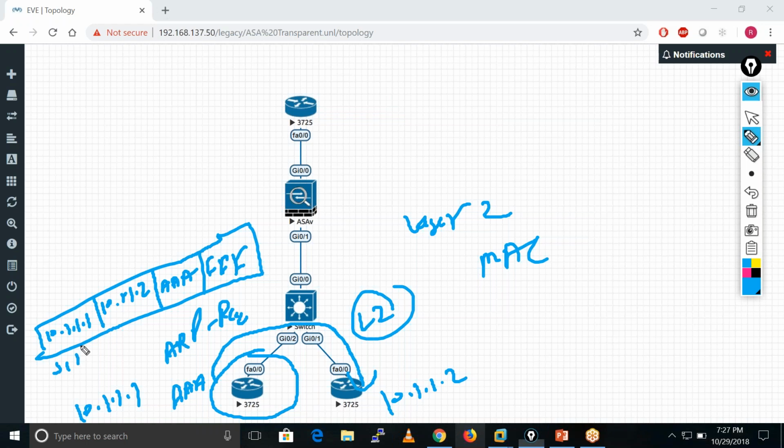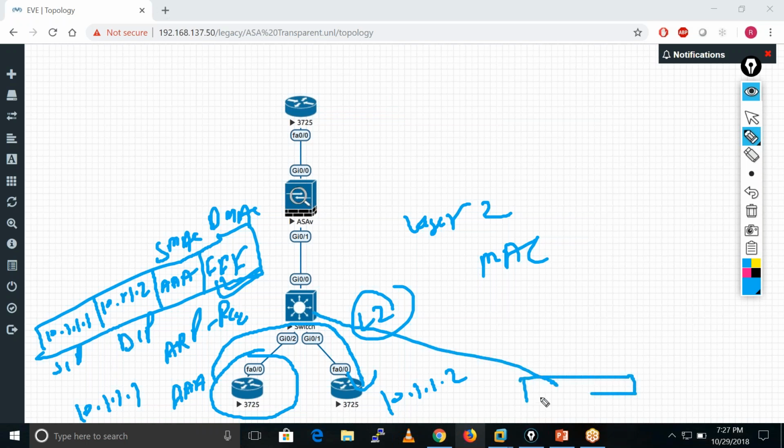These are the source IP, destination IP, source MAC and destination MAC. The destination is a broadcast MAC address. Let's suppose we also have one more guy here with IP address 10.1.1.3. Whatever, it's a broadcast packet, so when this packet reaches this switch, the switch forwards it on all the interfaces except the interface where it was received, so it forwards this packet to this guy as well.